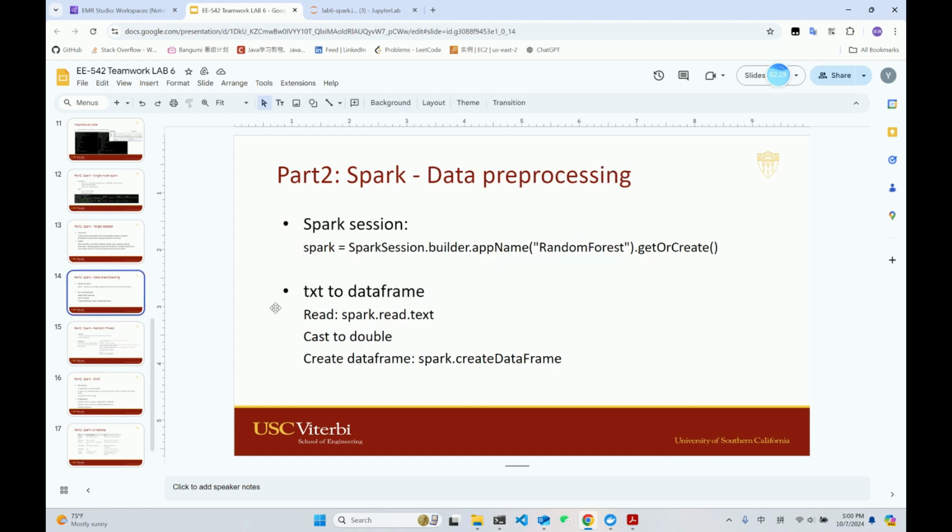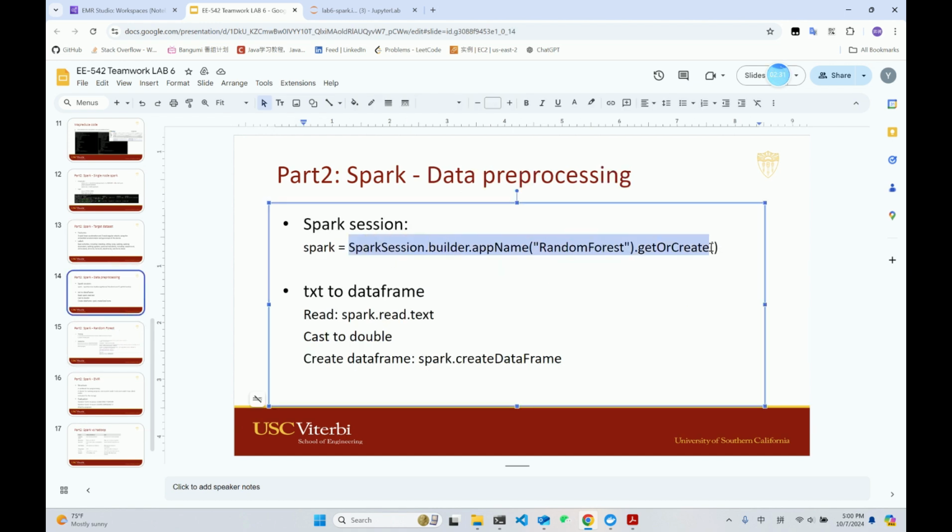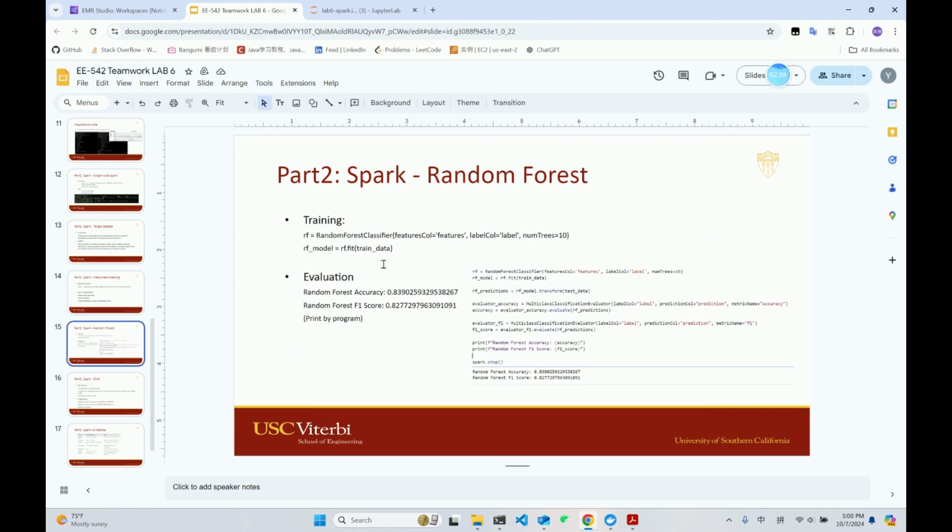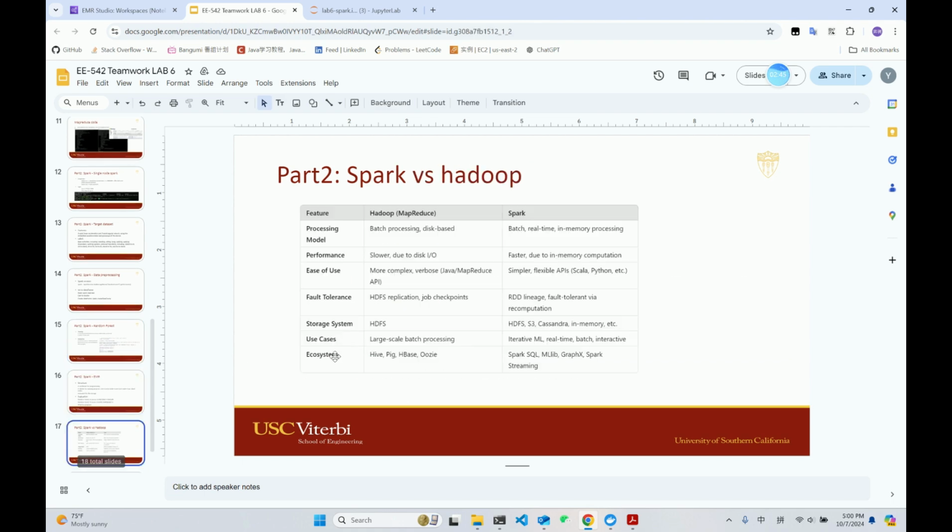So here are the details. We use this command to create the Spark session, and then we read and cast to float and create a data frame. And then we use the random forest to get this result. And then we need to